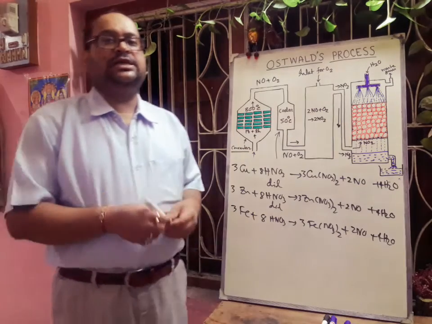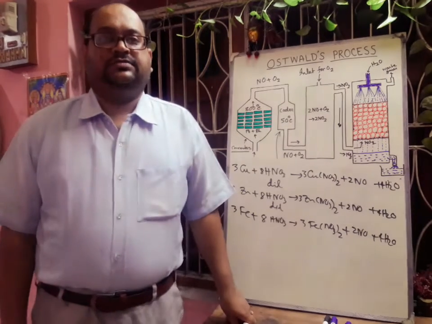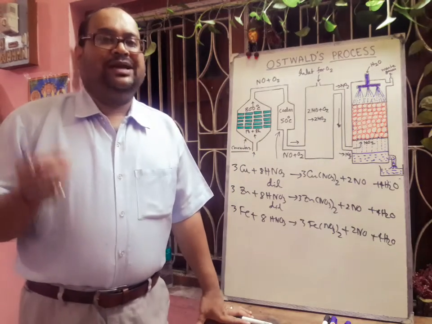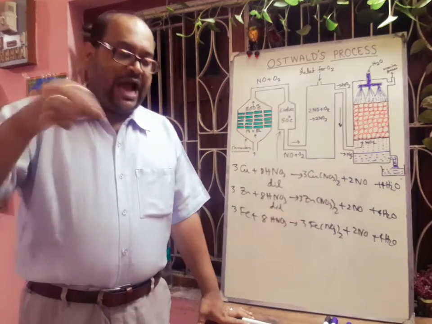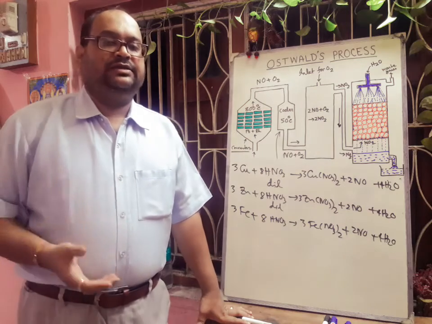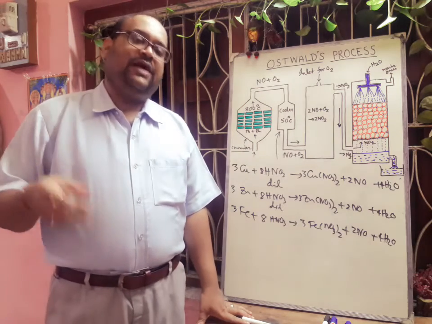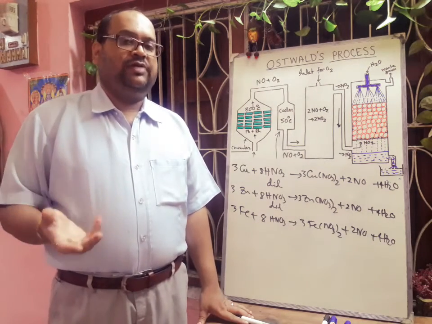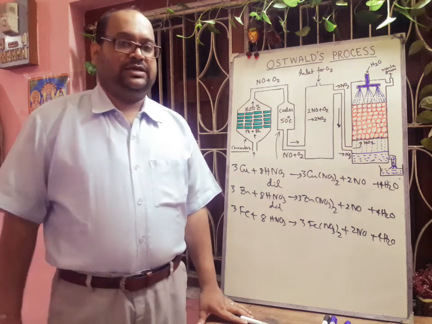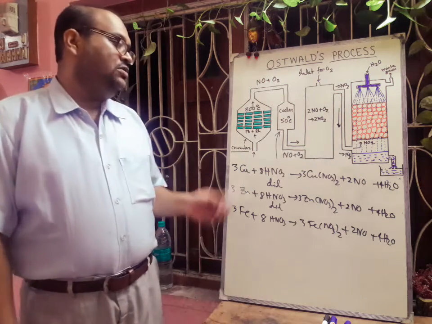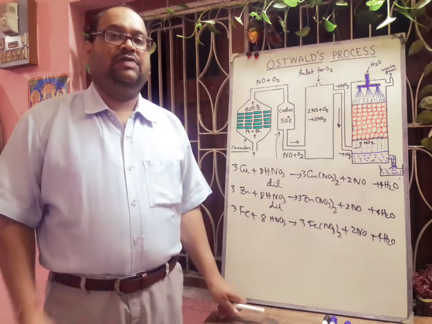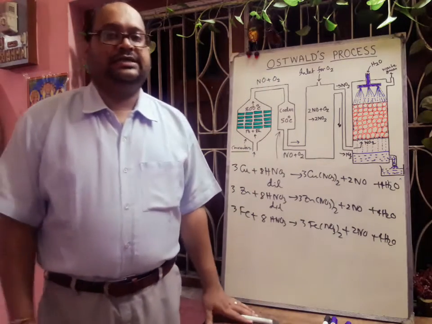Next we will discuss the test for nitric acid. Now what is the test? If we take some copper turnings, okay, and if we add the nitric acid to the copper turnings and apply heat, we know that nitric acid, if we apply heat only, will decompose to NO2 gas, but copper turnings will intensify the formation of NO2 gas. Okay, so just now I have seen that copper will react with concentrated nitric acid forming NO2 gas. So this is one identification test of nitric acid.